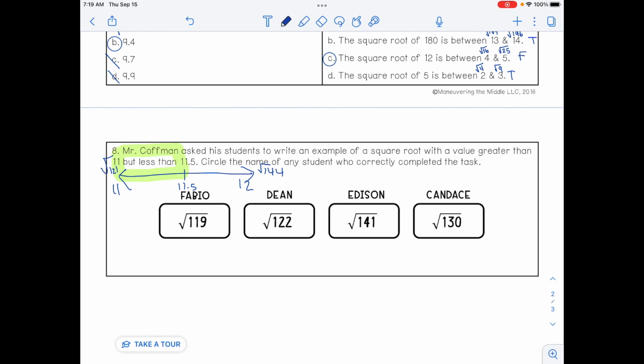So Fabio had 119. Where does 119 fall? Before, right? Before 121. It doesn't work. So Fabio is a no. Dean is a 122, and if we look, it's after 121, so Dean is a yes. Edison is a 141,